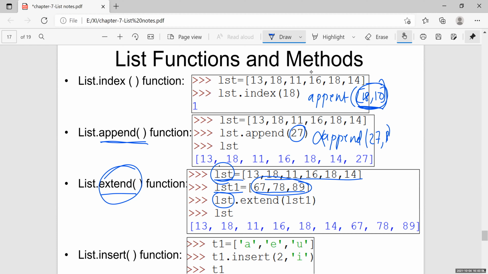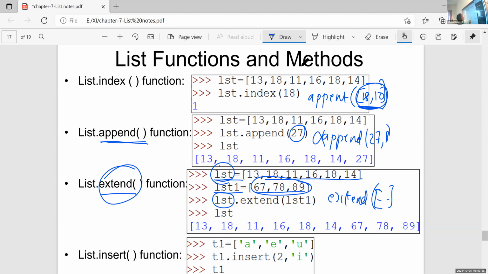Okay, so that is extend function. Ma'am, can we directly insert the values in the extend bracket? Here we can give like extend within brackets, within a list, you can give a set of values.